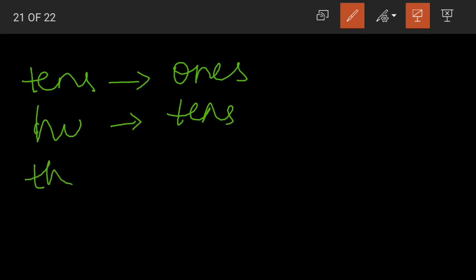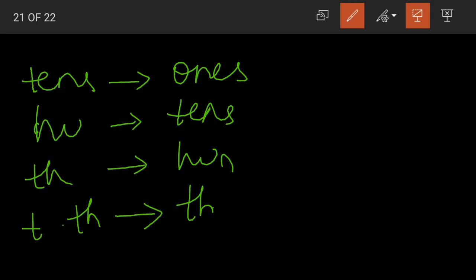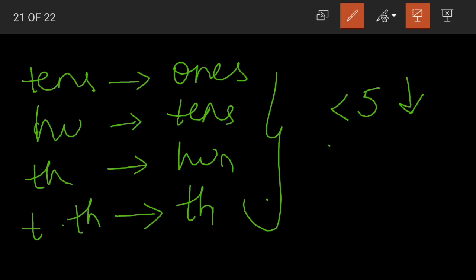When we are estimating to thousands, we look at the digit in hundreds place. And in the same way, when we are estimating to the nearest 10,000s, we look at the digit in thousands place. Now what is the criteria here? If the number in these digits is less than 5, then we round down. And if the number in these digits is greater than or equal to 5, then we round